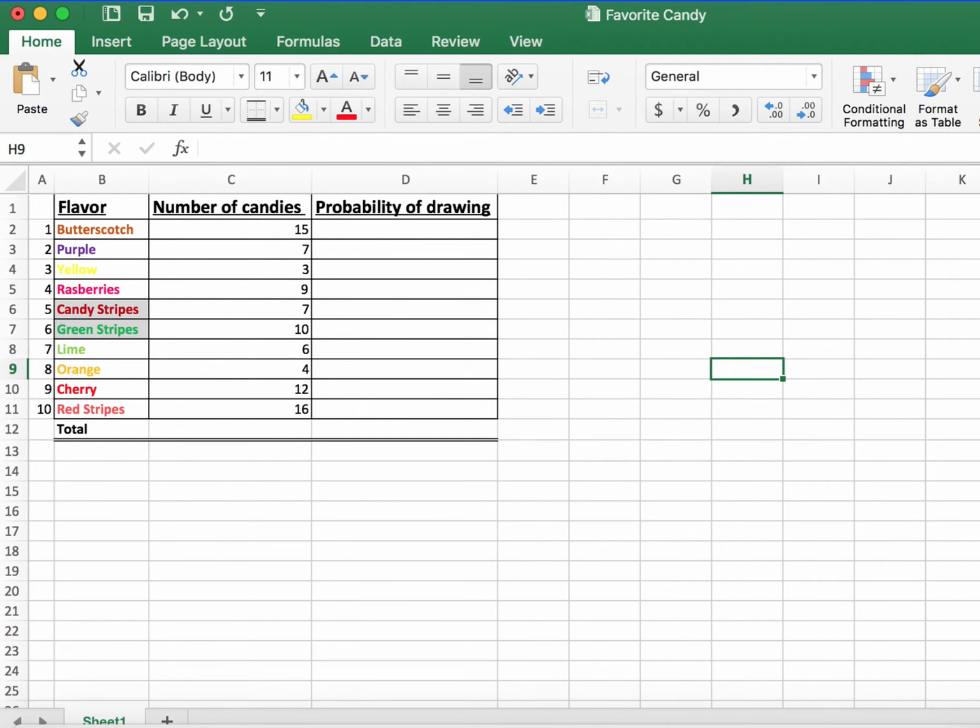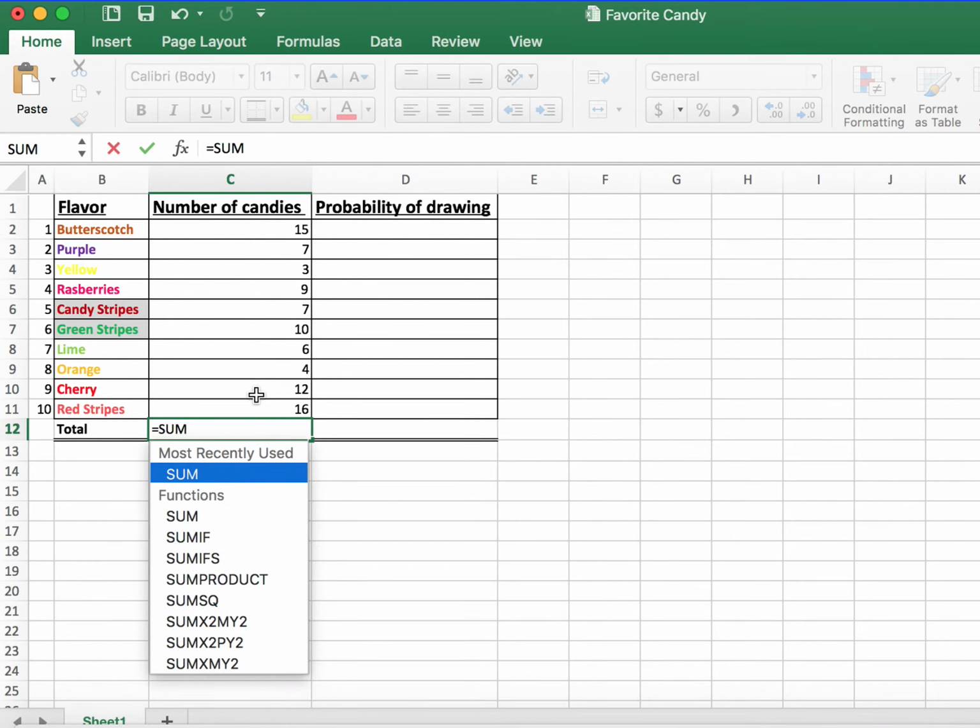Okay. So here I have the flavor. I have 10 different flavors here. And I have the number of candies for each flavor. Okay, if you don't want to purchase a bag, you don't have to purchase a bag. So just randomly enter numbers here for the number of candies of each flavor. Okay, so the total here, if you just add this row using the sum function,